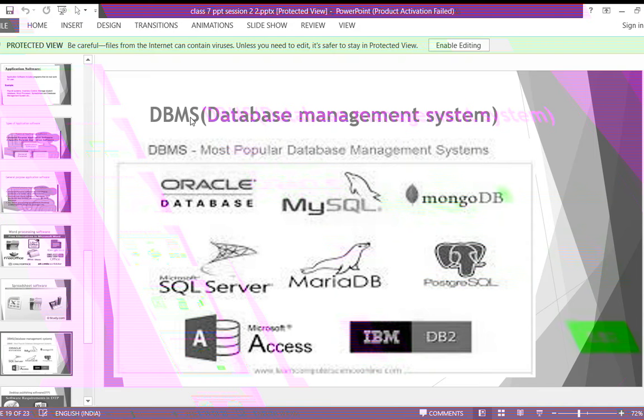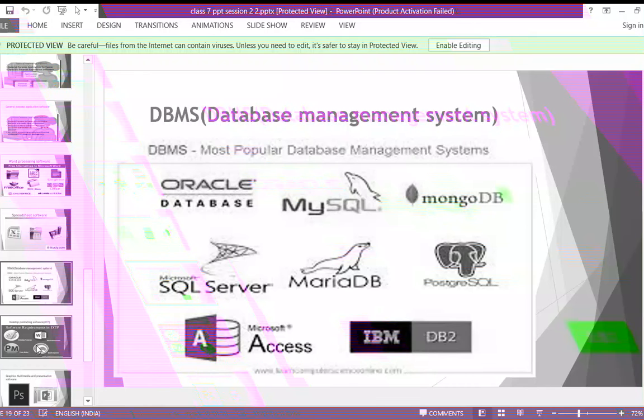So this is your DBMS software. It is used to store our data. To store the data, we use different software like Oracle, MySQL, OpenOffice. In big companies, they use Oracle and MySQL more. As you will learn, Microsoft Access is also used as a database system to store data in the form of tables. That is nothing but your DBMS system, the data which is organized in proper order.